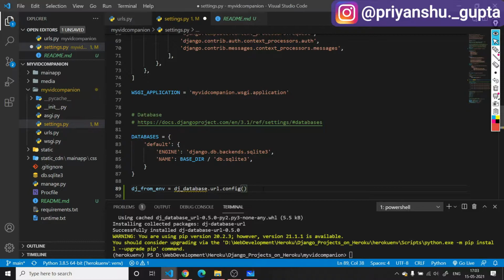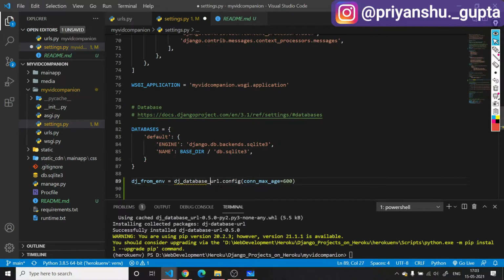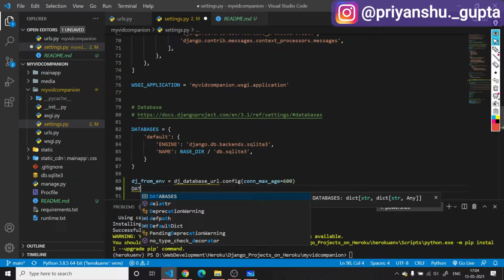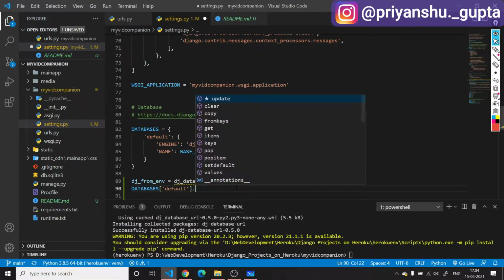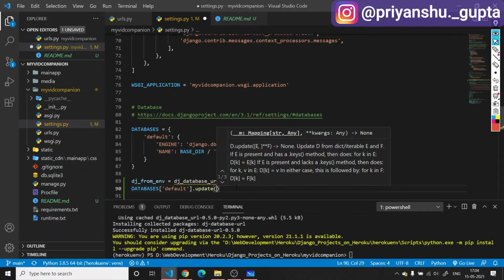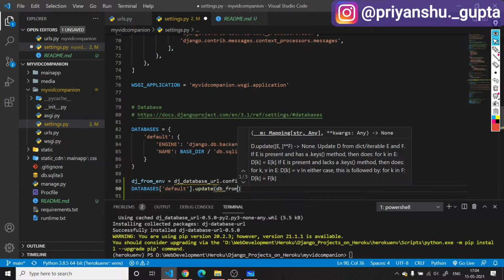And here you have to add conn_max_age=600, it is dj_database_url, and then DATABASES['default'].update(db_from_env).